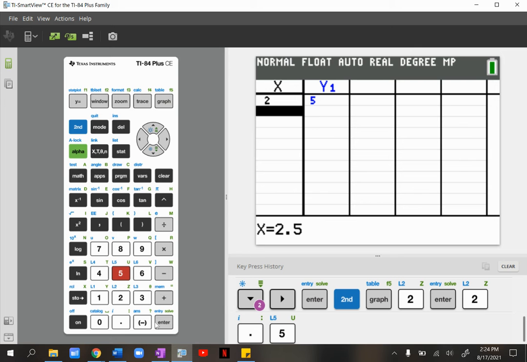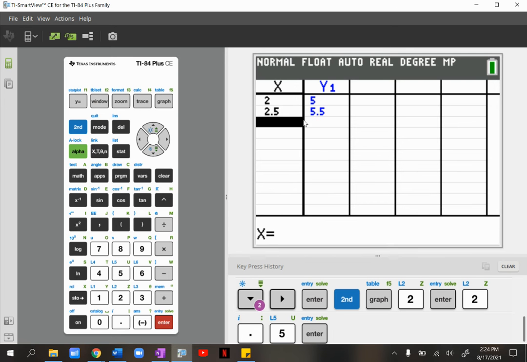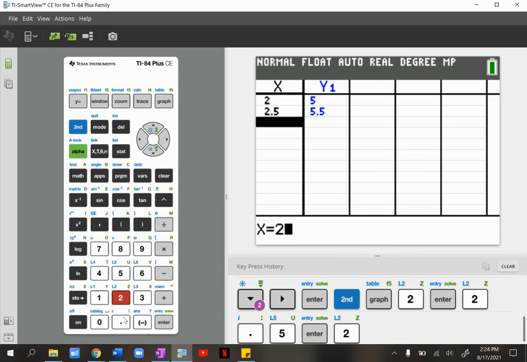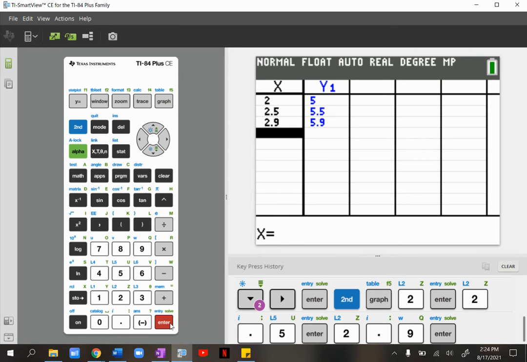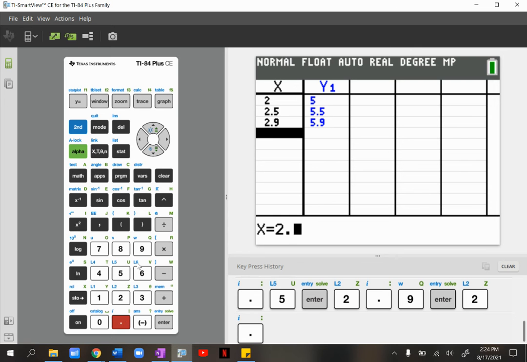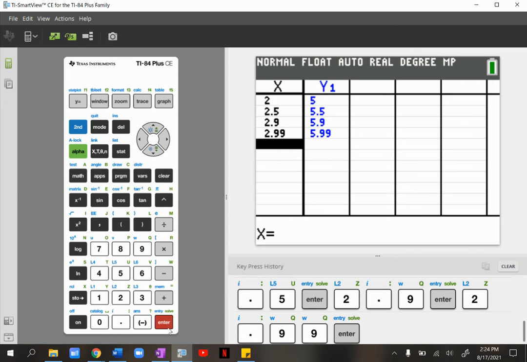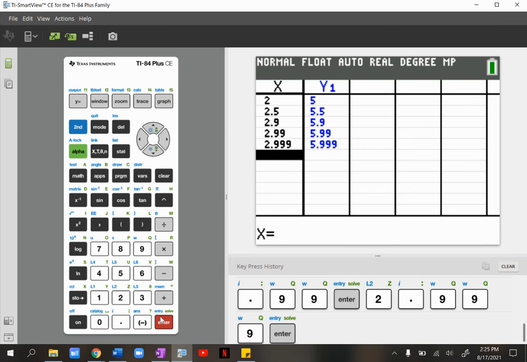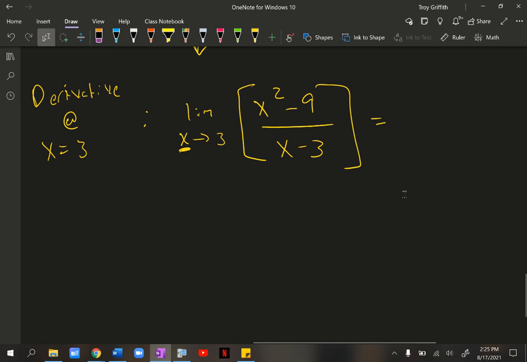I want to get as close to 3 as possible. So maybe I try this at 2.5, and we see the slope changing a little bit. And maybe let's try it at 2.9. Then maybe we try 2.99, and then 2.999. It looks like this number is pretty obviously approaching a particular value. What I mean by that is this. We're looking at this half